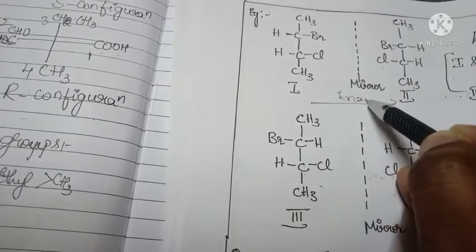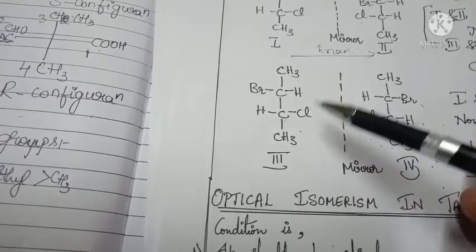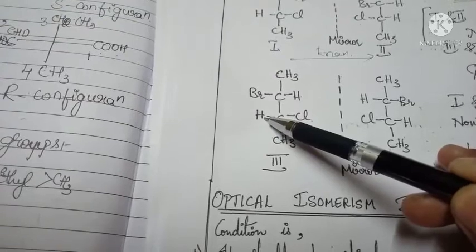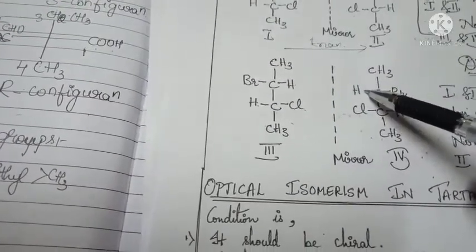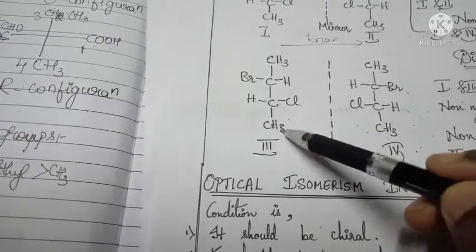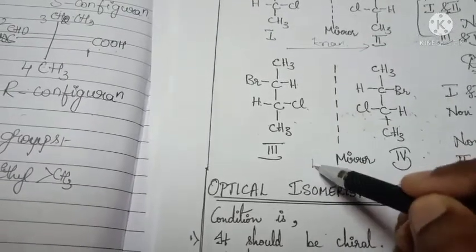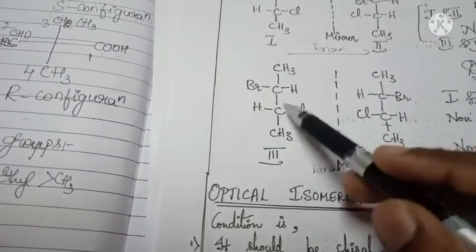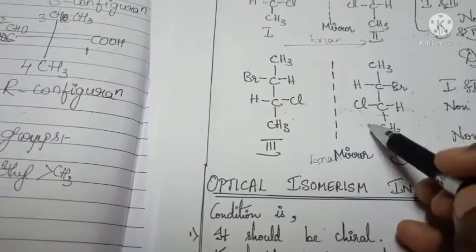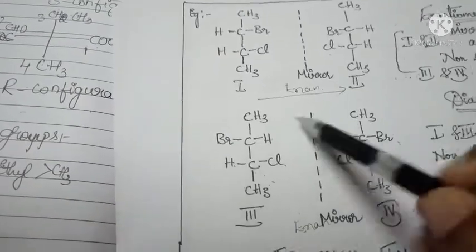Okay, then we move on to this one. Here right side H and Cl is present and left side Br and H is present. And here also left side H and Cl is present, right side Br and H is present. So 3 and 4 are also mirror images. So these 2 are enantiomers. Okay, it means it has 2 chiral atoms and different properties and non-superimposable mirror images. But here these 2 belong to enantiomers.